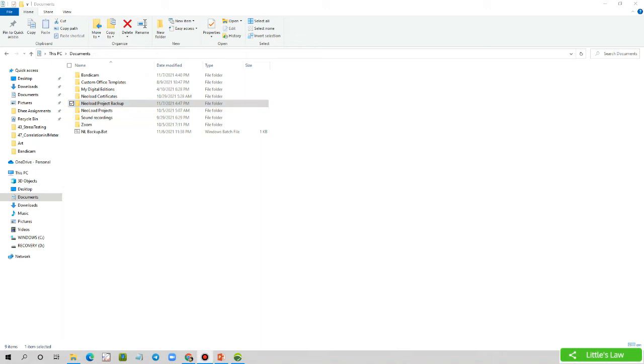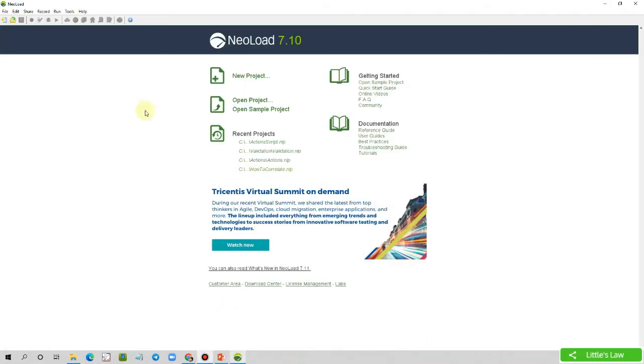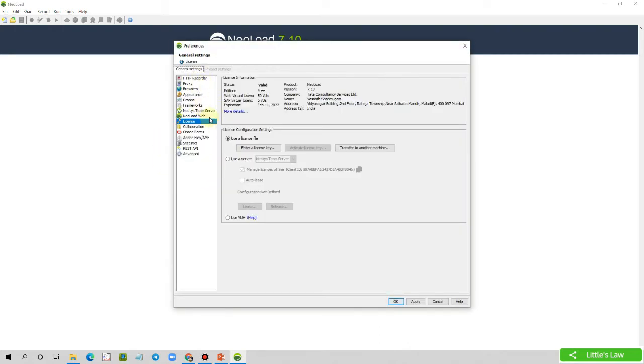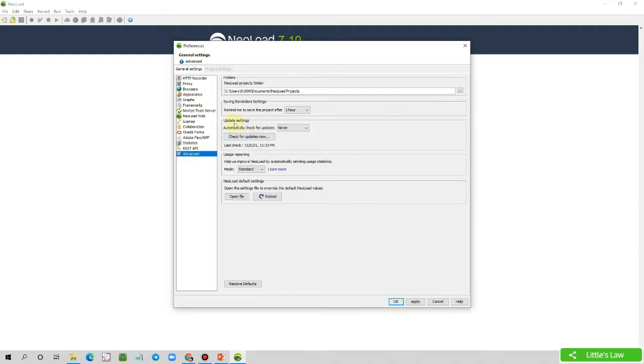Now let's enter into step 2. So I will show you the first way of how to get the latest version. Here, once you go to help and under license management, you will open the project settings. We have seen about the project settings earlier in one of our previous videos. And here, if you go to advanced, you can see this update settings where automatically you will get updates.